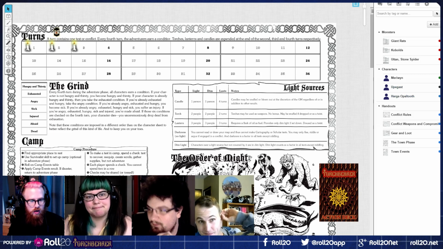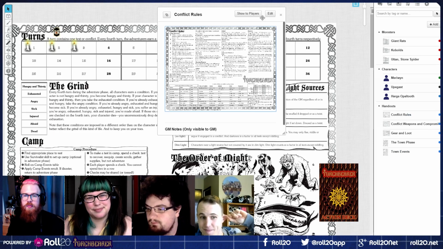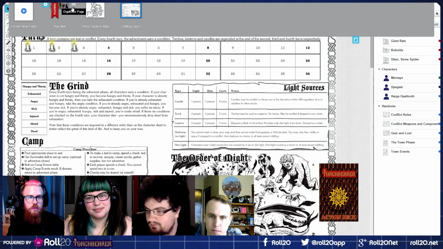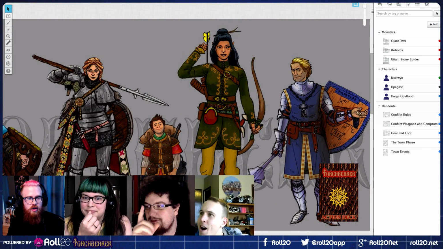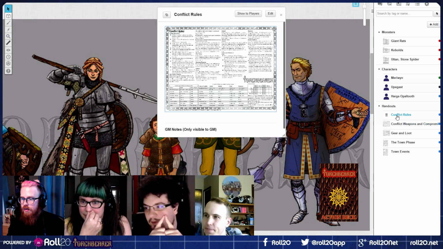Harga, you are the leader of this conflict. Yep. Let me take a look. I'm gonna jump over to the same layer as y'all, so I can write down and we can pass out cards and stuff. As the combat begins in the other room,